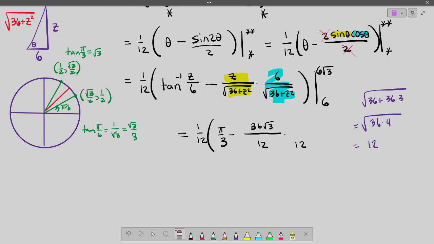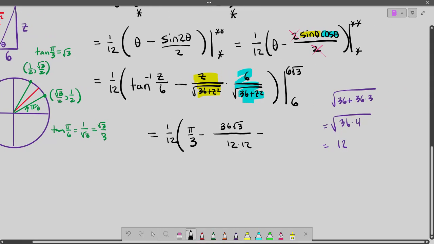Well, not yet. We plugged in the 6 root 3 there, and plugged in the 6 root 3 in the bottom. So that's going to be 12. This will be 12 right there too, right? There's going to be 2 of those. I combined the numerators already, so I was just looking at one of the denominators. So it's going to be 12 times 12. And then we need to subtract off